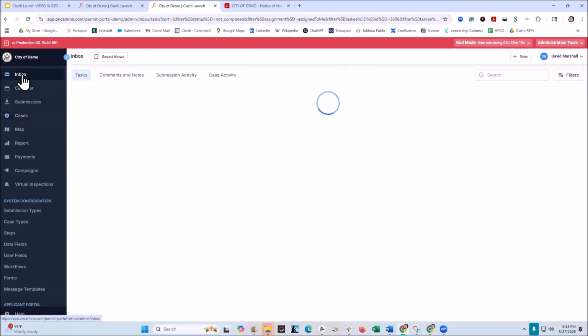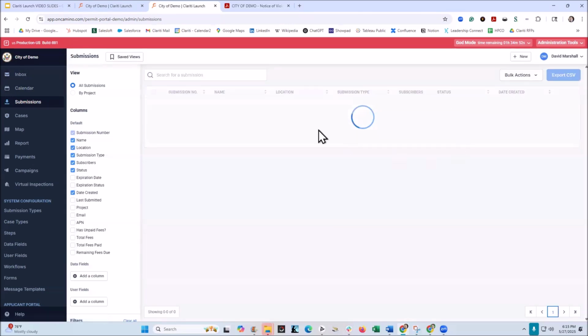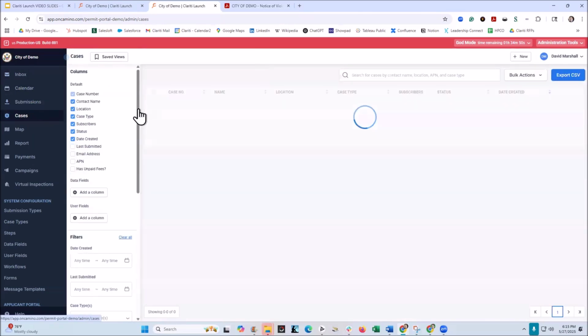And for that code enforcement officer each day, he can come in, see all the outstanding inspections, those follow-up inspections that he needs to do, and when he needs to follow up on them and act on them. So we might have a few on a certain day and move down through the list in that example. So in coming back to our case here,